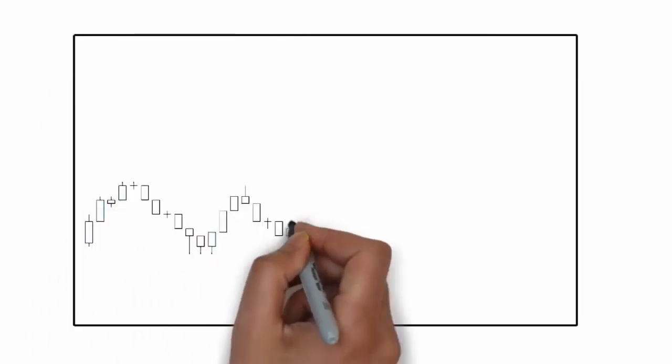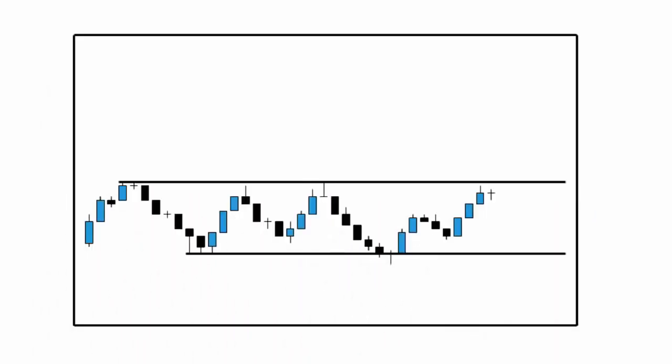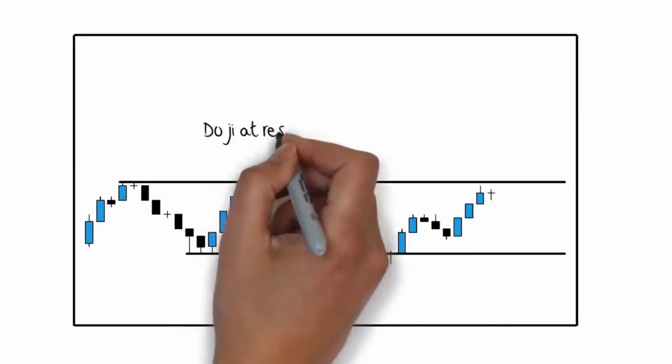This process could have repeated itself over and over till the end of the session where the price closed the same as it opened. As you can see, there is no real conviction about which direction the price should go, and that makes this candlestick signal neutral. I wouldn't advise anyone to make a trade based only on the appearance of a doji. However, if we see a doji after a strong bullish move and we are at a resistance level, it could indicate